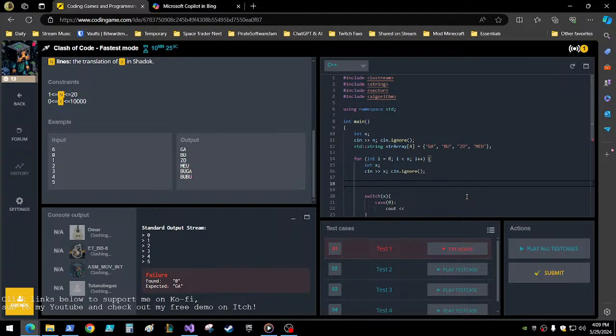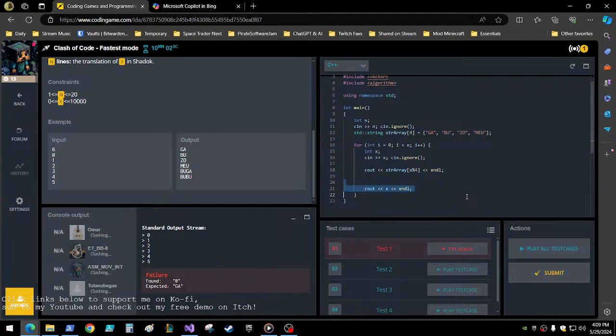We're going to have to convert this to base 4, but yeah. So we just want to cout str array sub x. But we'll do sub x mod 4. So even if it goes 0, 0, 1, 1, 2, 3, 0 again. Okay, so then we'll do that, and then we'll just endl. We don't need that. See, so this is the answer. Okay, we're getting Gabu, but we're not getting Boo Boo. So what we need to do